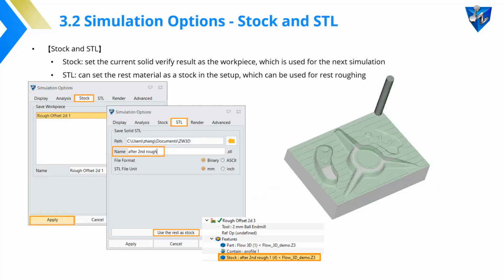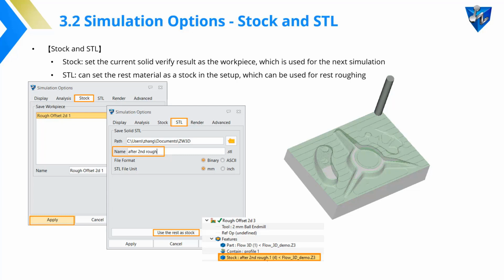After we finish the solid verify, we can save the result as a workpiece or an independent stock object. Just click Apply in the Stock tab to save it or update the workpiece. It will use the operation name by default. If we click Use the rest as stock in the STL tab, it will be shown in the setup as a